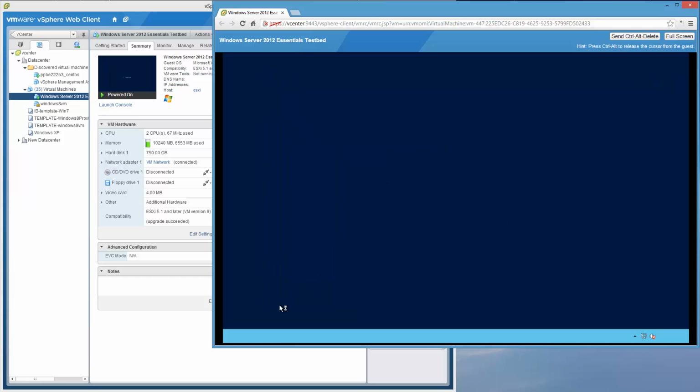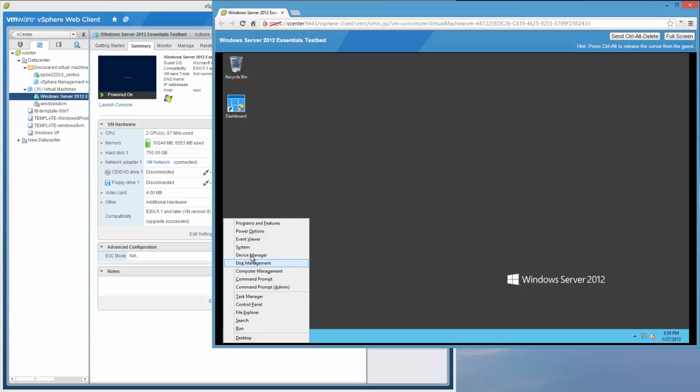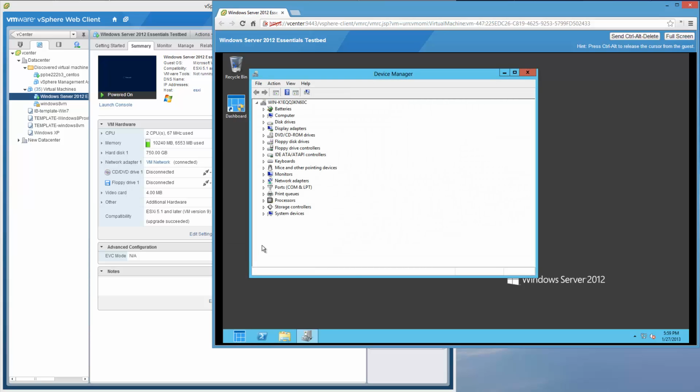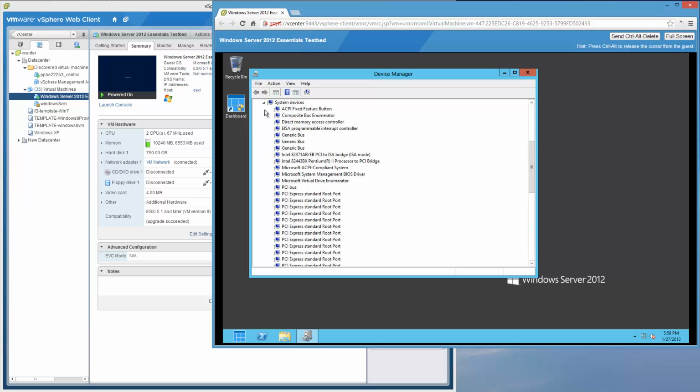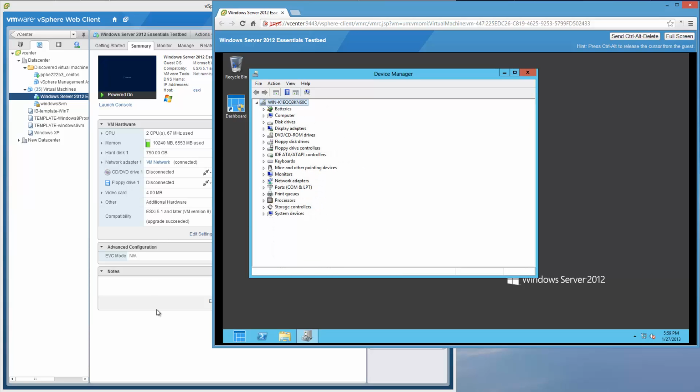And we're in. And we'll hit Windows plus X. We hit Device Manager. Have a look around. We don't really see anything different, right? Okay, what else is next? Well, there's more. So head on back to